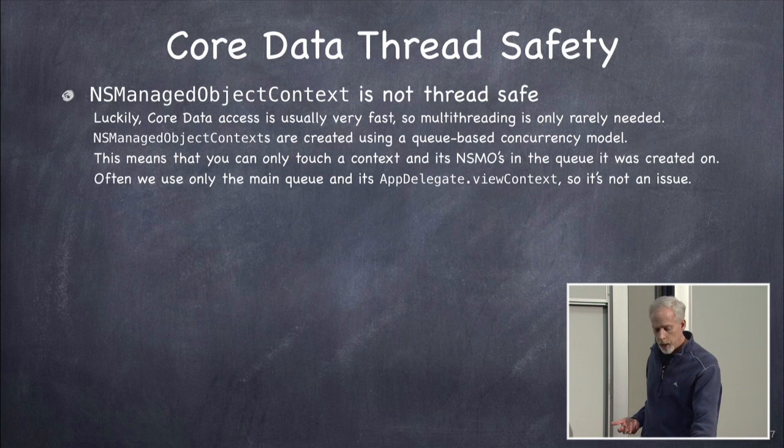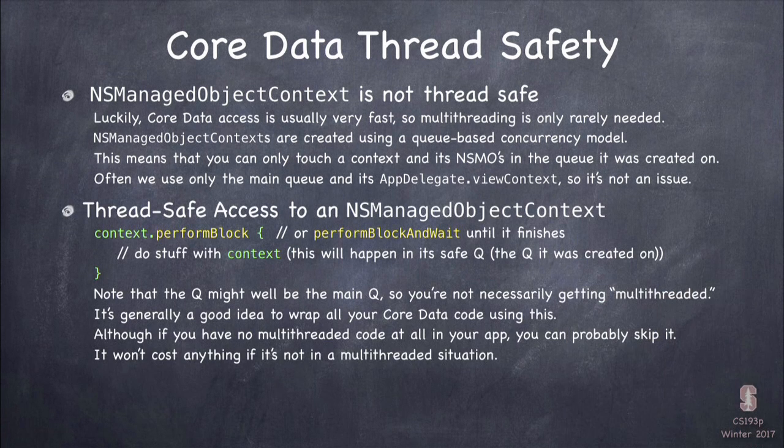Well, the way we do multi-threading in core data is each database can have multiple contexts. So the database underneath is multi-threaded. It can have multiple contexts writing to it, completely different contexts writing to the same database in different queues even. So it's fully multi-threaded. That means we have to have a context for every queue. Whatever queue we're going to access the database from, we have to have a context in that queue. Now I'm going to show you how to create a context on another queue in a second here.